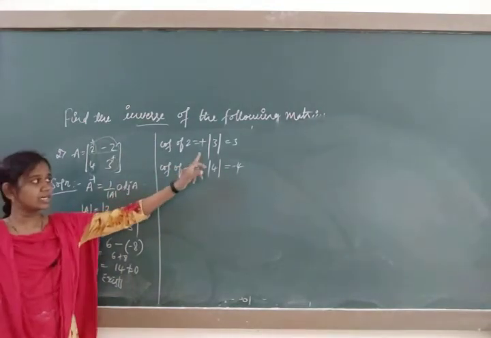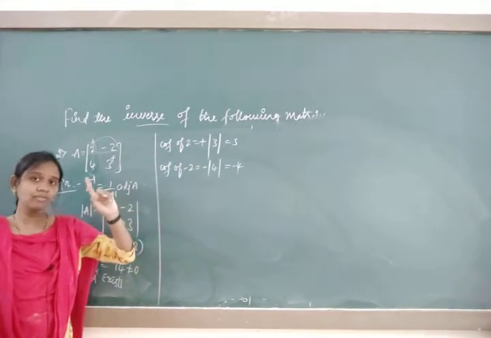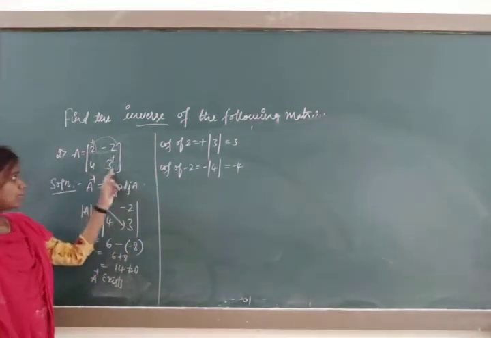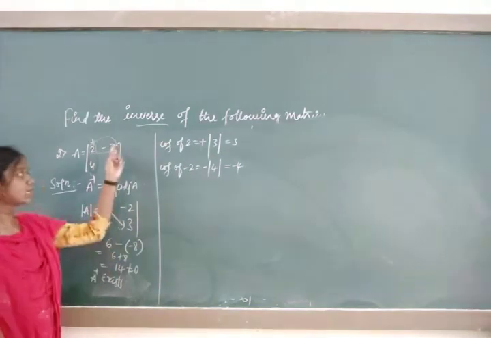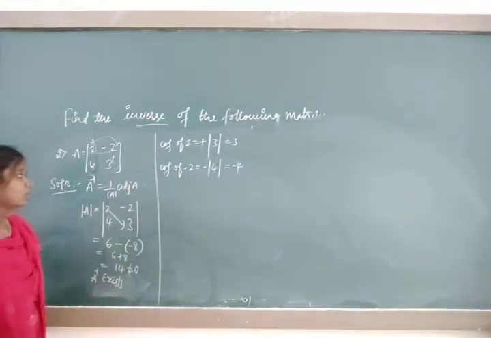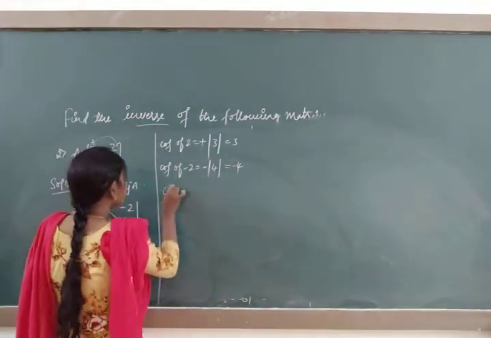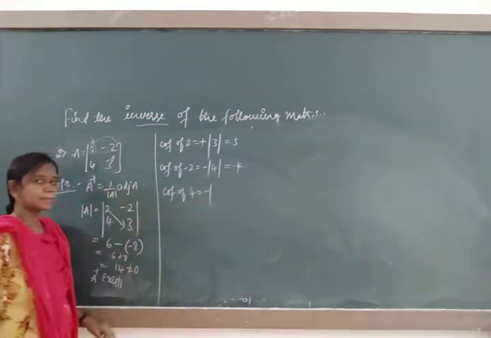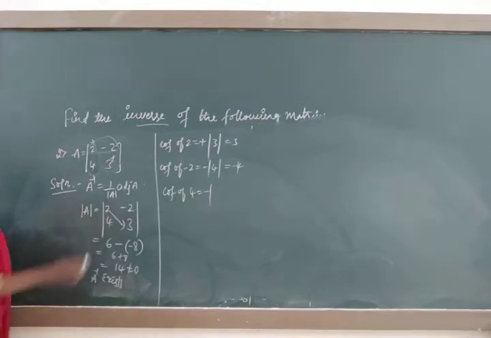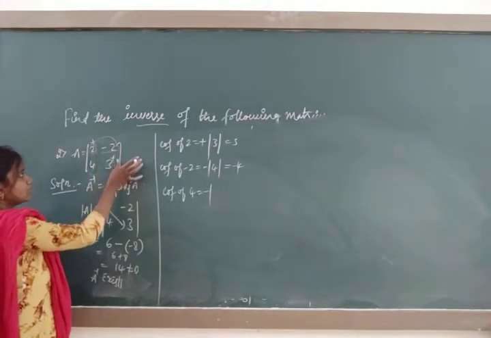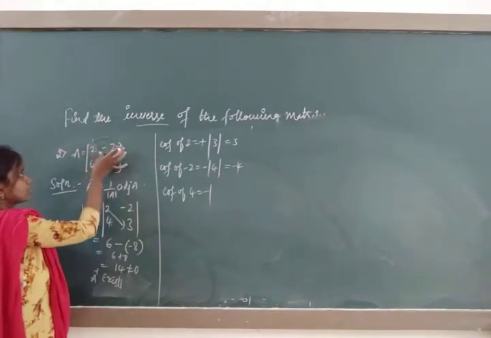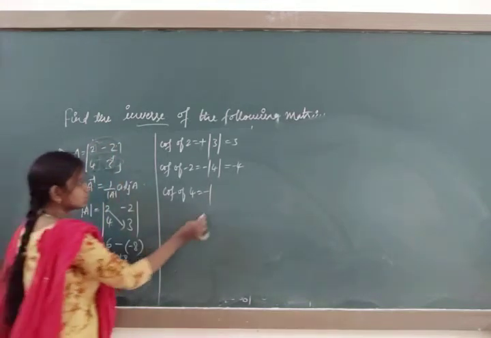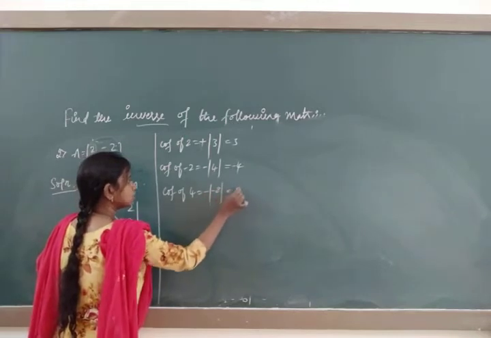Now don't take the alternate signs plus, minus, plus. That trick is only for 3 cross 3. For 2 cross 2, the primary diagonal elements are positive and the secondary diagonal elements are negative. Now it's a secondary diagonal again, cofactor of 4. Again take minus. Wherever 4 is present, you close that one. It is present in the second row and the first column. It means the answer is minus 2. Minus into minus, plus 2.